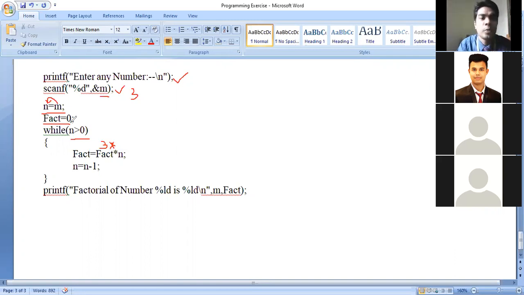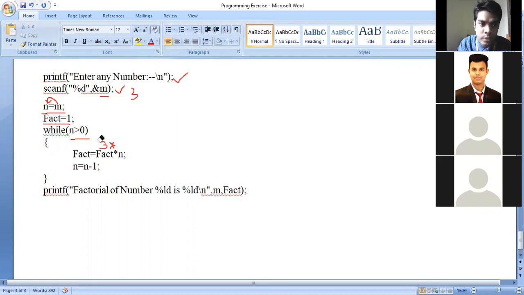So here I have one problem: when you multiply, it's better to take 1, not 0. If you take 0, then every time you will get 0. You understand the problem? 0 multiplied by 3, every time it will give you 0.